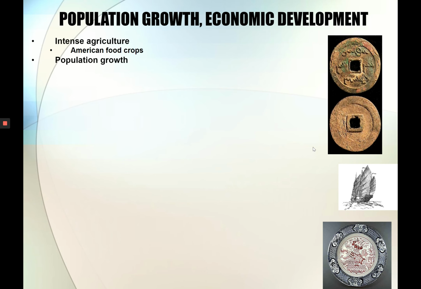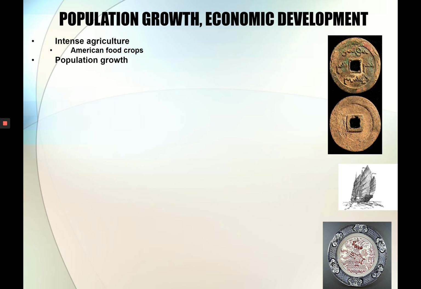During the Ming and Qing dynasty, we're going to see a huge increase in agriculture output. And part of this was due to new crops introduced from the Americas, especially corn and sweet potatoes and peanuts. These become staple crops in parts of China. And these are crops that could grow in soils that really didn't grow other crops very well. And so they become a key crop for China.